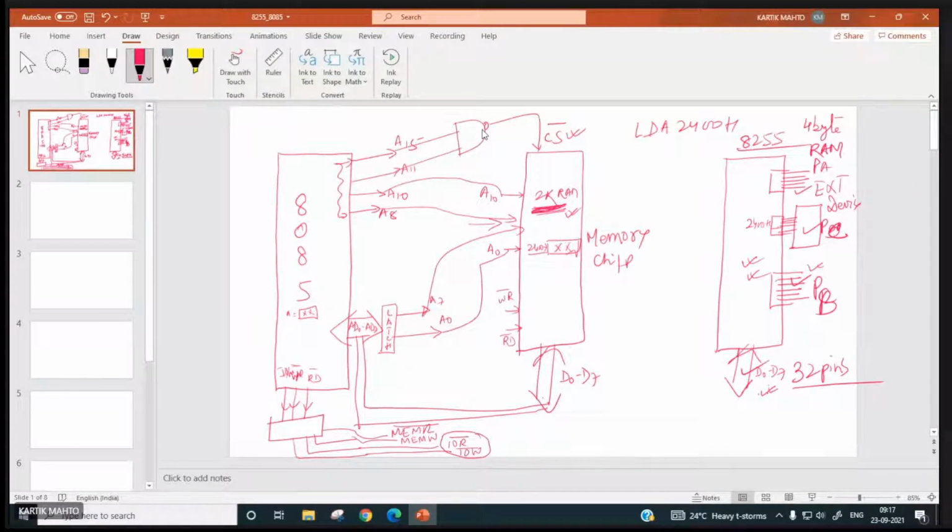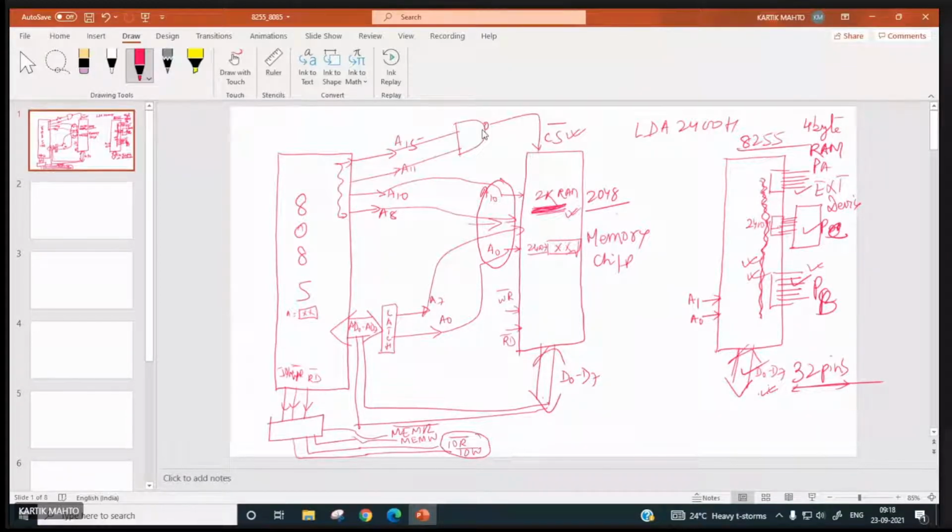Yes, sir. That including that will get again 8. 32 pins are over. Now we have to address these 3 bytes, no? We have to address these 3 bytes. So how many bit address lines are there? Here we have to address how many bytes? 2048. So we need A0 to A10. Here we need only 3. So we need only A0 and A1 only.